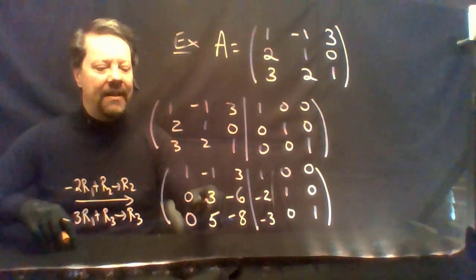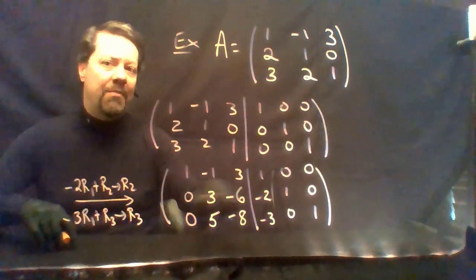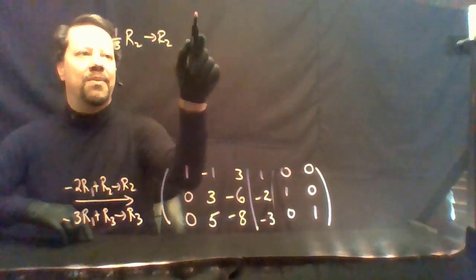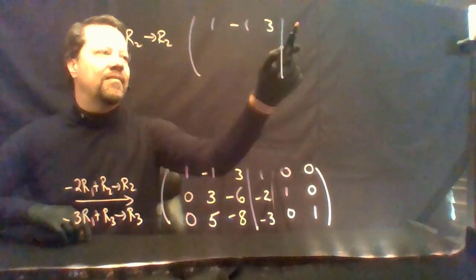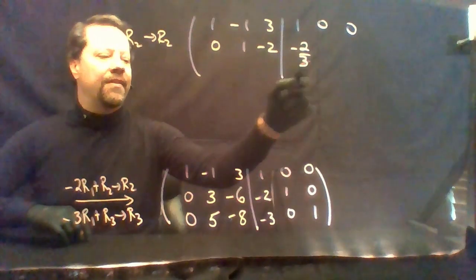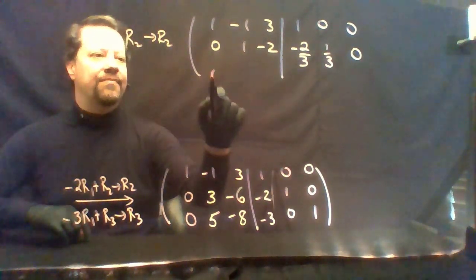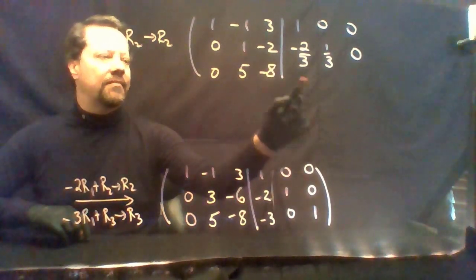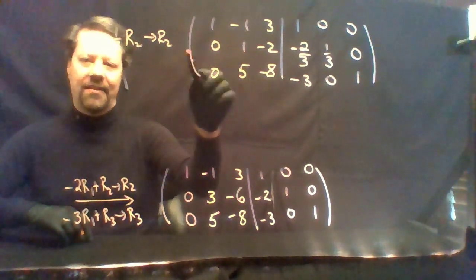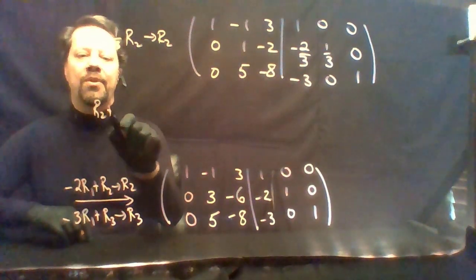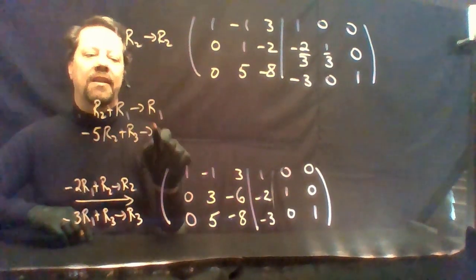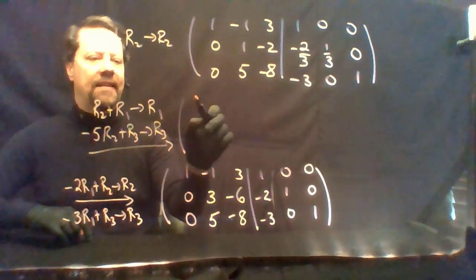Now we can get a 1 into the leading position in the second row by multiplying through by 1/3. 1/3 row 2 yields a new row 2. On the right side we'll get -2/3, 1/3, 0. Now, we have a leading 1 on the second row. If we take row 2 plus row 1 yields a new row 1, and -5 times row 2 plus row 3 yields a new row 3,